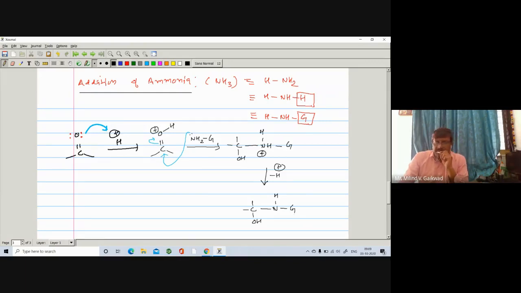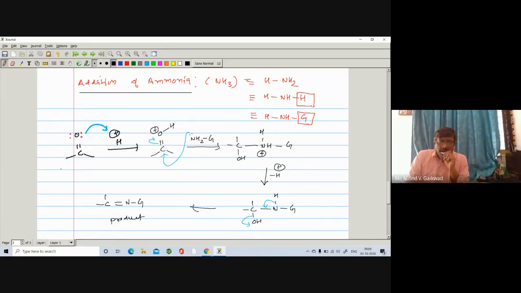Right now, OH and this NH, they are anti to each other, so they undergo dehydration. So this sigma bond opens on the OH negative, C positive, N becomes positive. So this sigma bond will shift here, and you are getting the corresponding product like this one. So C, here is a double bond N and G. So you get the corresponding derivative. So you get such type of product starting from the carbonyl compound.